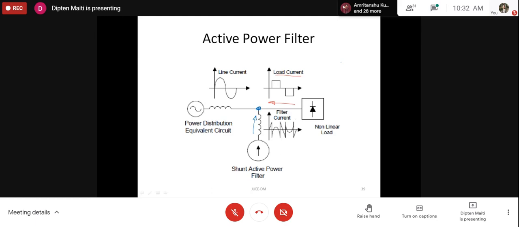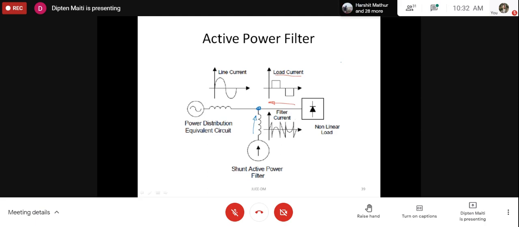However, a passive filter can bypass or restrict only one harmonic. If it is tuned at the fifth harmonic, it would bypass only the fifth harmonic. It cannot do anything about the third or seventh harmonic or any other harmonic. A shunt active filter, however, can do that. It can take into account any order of harmonics. However, the magnitude of the harmonic current would depend.